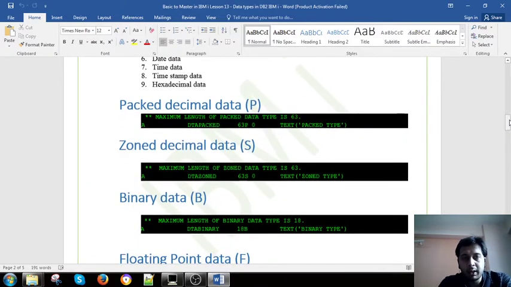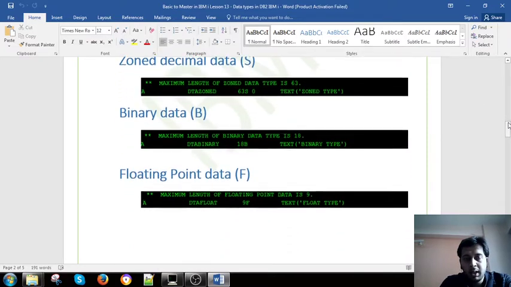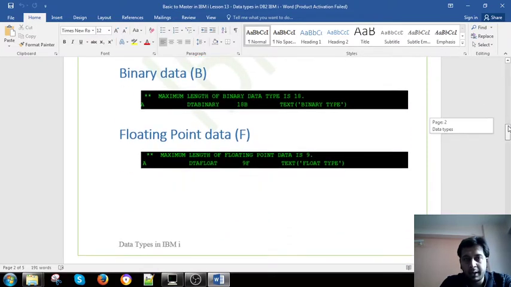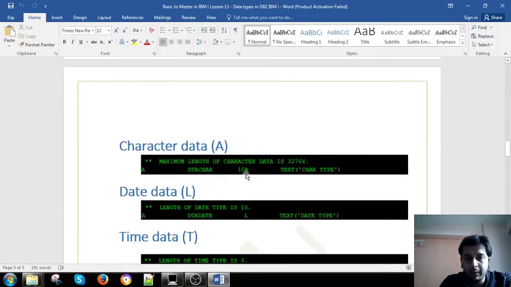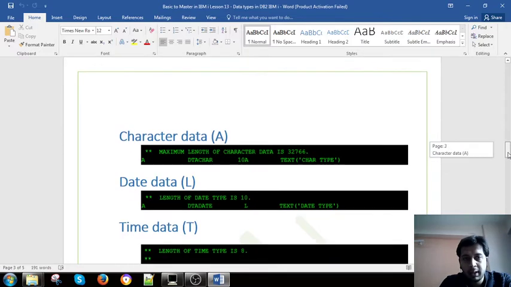If you want to declare a packed data type, that is the default, but it is declared with P. Zoned is declared with S. Binary is declared with B. Floating data is declared with F. Character is declared with A, but if you do not declare it, that is the default.